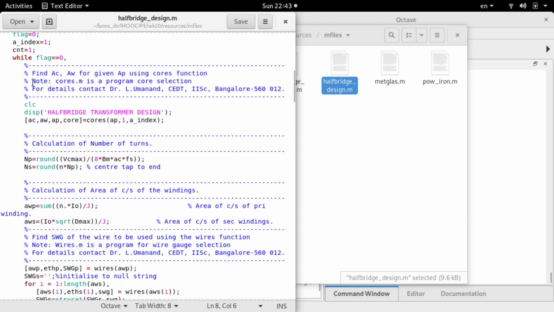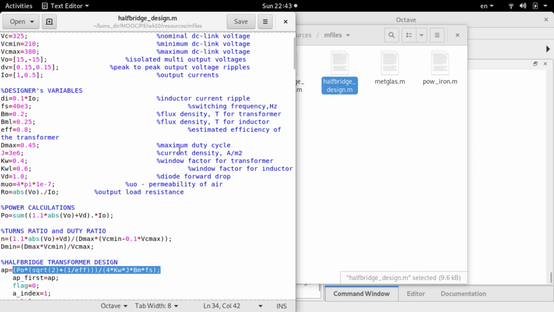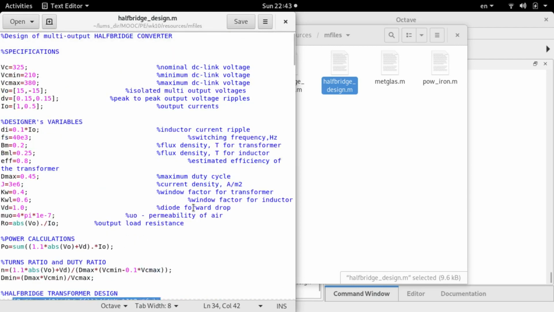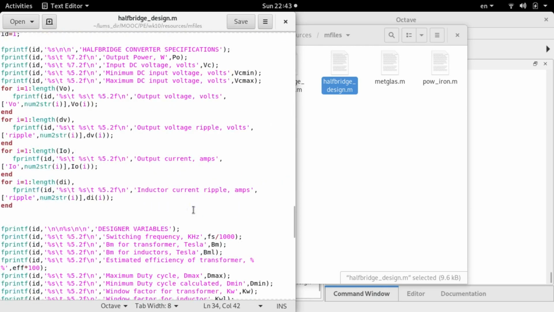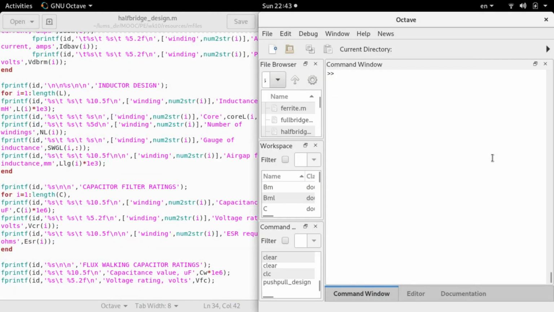Here also everything is the same except for the half-bridge transformer design, the area product, where this equation will change, just as I listed a while back. So you can execute this design like I did for the push-pull and try to find out the design values. I will just run it through.